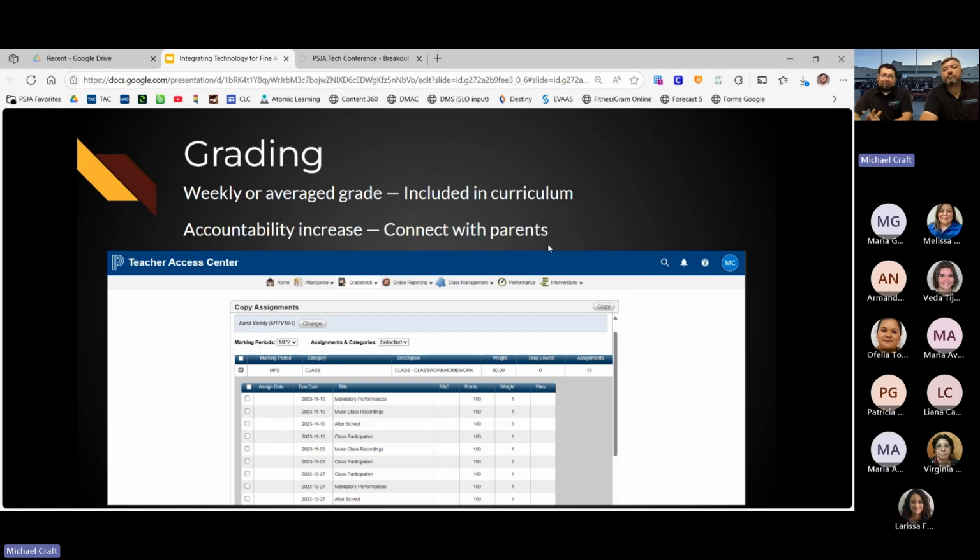Like I said, the accountability increases, and we connect more with the parents, and the parents understand what we're doing. We're not crazy. We're not asking them to do all these 5-minute assignments, just 30 seconds up to a minute. Usually it's 45 seconds or so at the most. But yes, this has really helped us increase that accountability and the culture of practicing and competition.